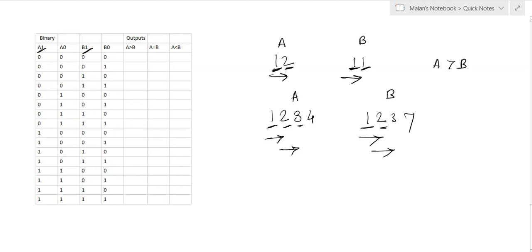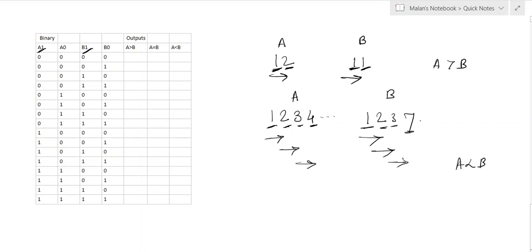Now 3 is compared in the third step, 3 with a 3. Now both the compared significant digits are equal, so the comparison is shifted again to the next significant digits. Now 4 is compared with a 7. Now 7 is greater. So directly the output is displayed, that is A is less than B, which is nothing but B is greater than A. Clear?